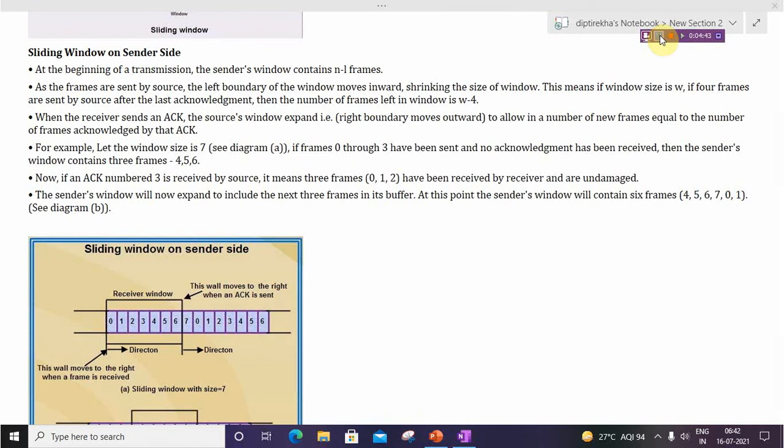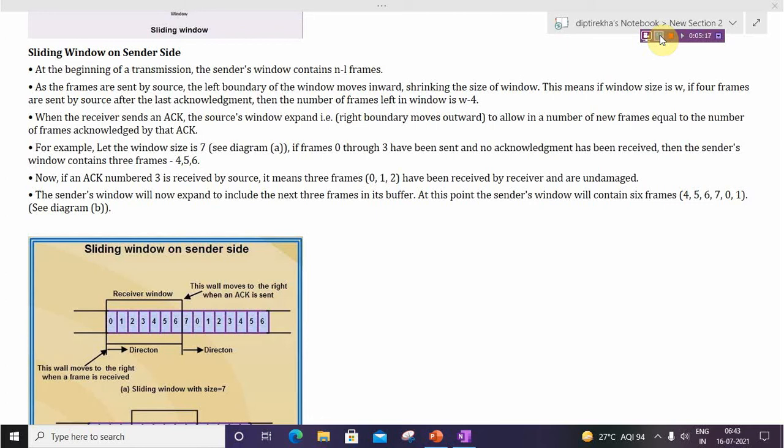Now let us discuss about sliding window on sender side. At the beginning of transmission, the sender window contains n minus 1 frames. As the frames are sent by source, the left boundary of the window moves inward, shrinking the size of window. This means if window size is W, and 4 frames are sent by source after the last acknowledgement, then the number of frames left in the window is W minus 4.